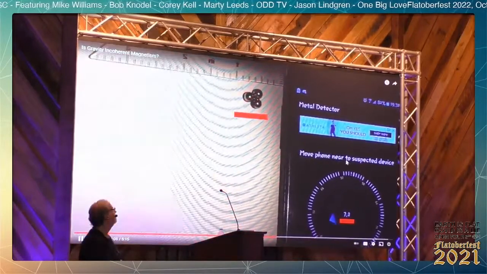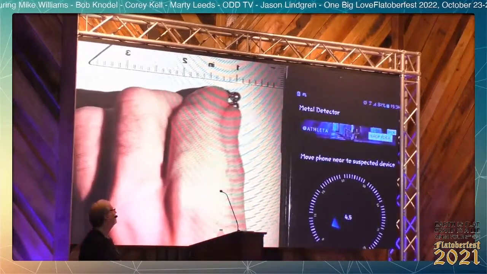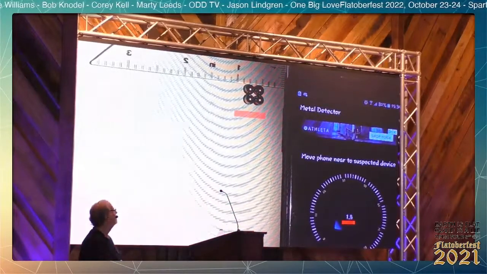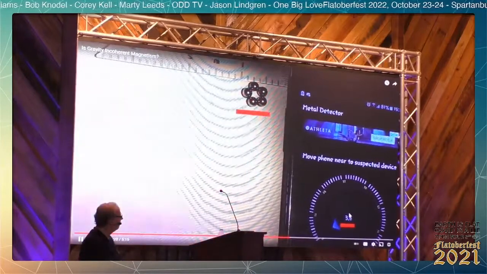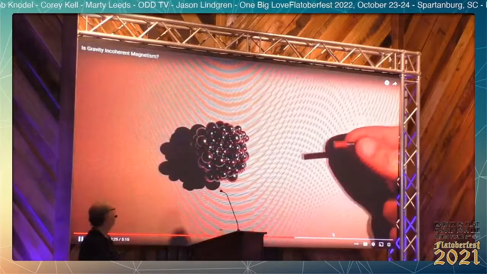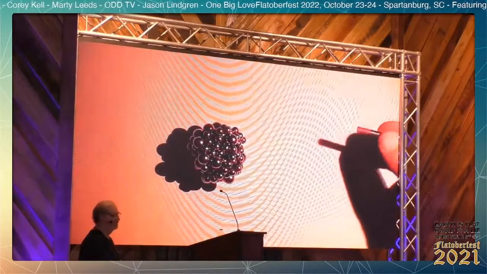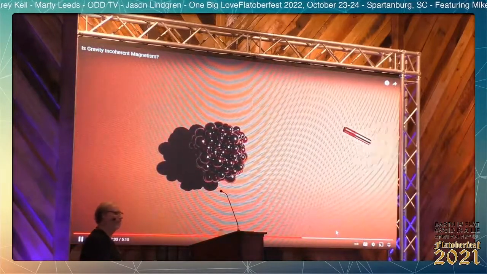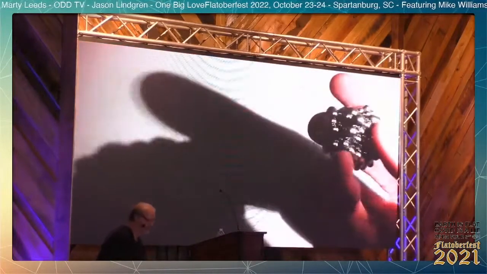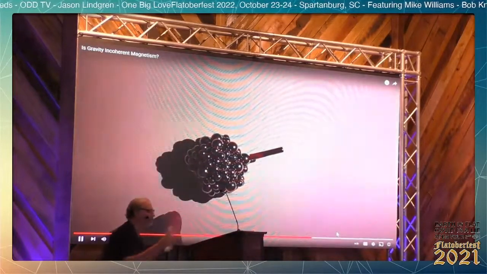However, this is the complete opposite when the poles are not aligned. As you can see, the more magnets we add to our incoherent mass, the weaker the magnetic field gets. Now let's take a look at how a coherent object, the cylinder magnet, interacts with the large incoherent mass of magnets and ball bearings. As you can see, the red pole of the magnet is attracted to the mass,